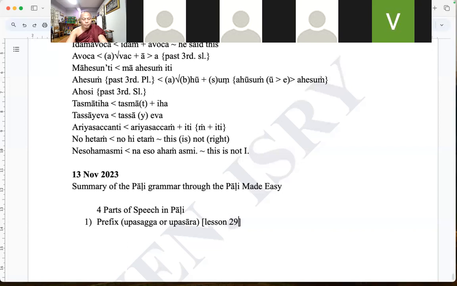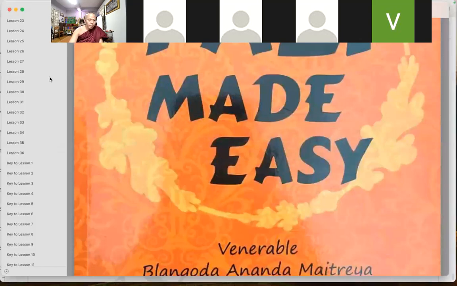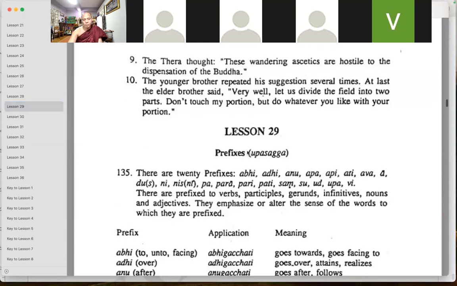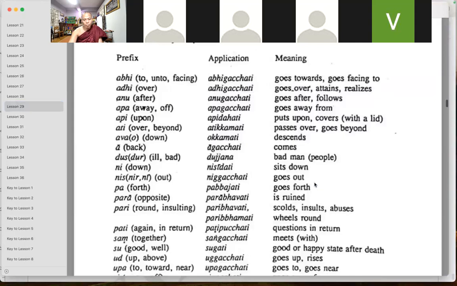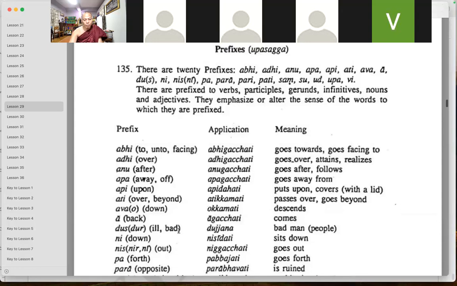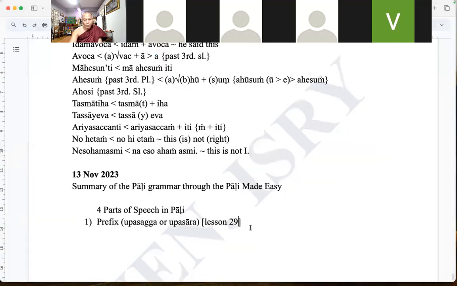So about that, lesson 29. In lesson 29, we have learned it completely. You see here prefixes. So here there are 20 prefixes: a, abhi, anu, ati, pari, and so on. So we have learned that completely. So that is all. Now, lesson 29. And then the second item is,